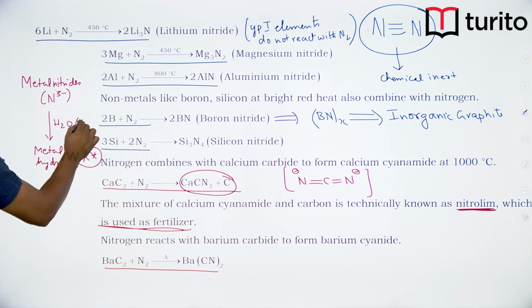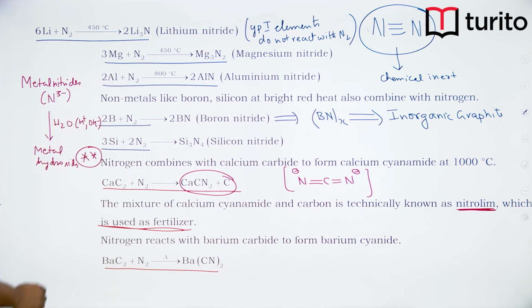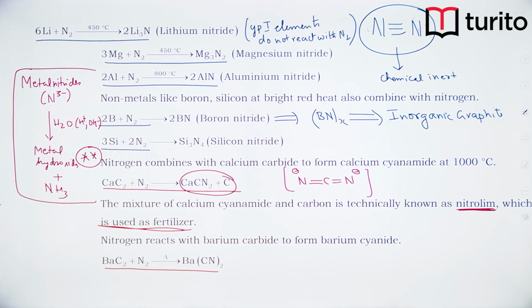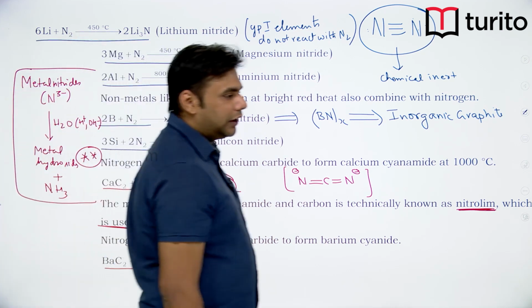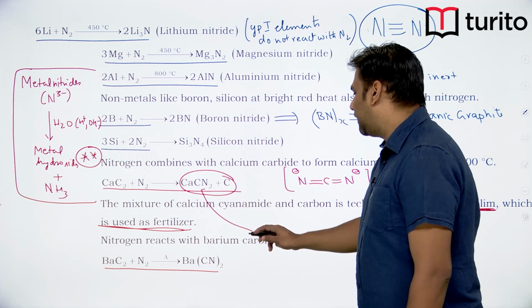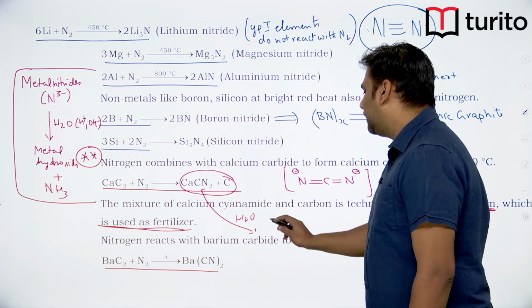Water can break into H plus and OH negative. So H plus will go to N3 negative and form ammonia. So when you react any metal nitride with water, you will always get ammonia and metal hydroxide. Similarly, if you react calcium cyanamide with water, you will again get